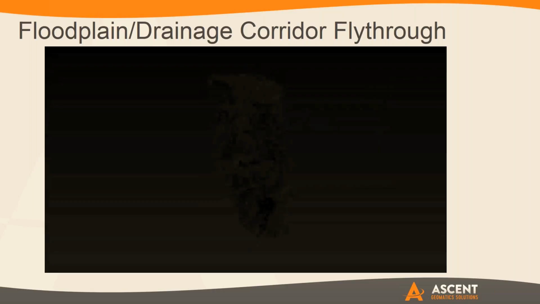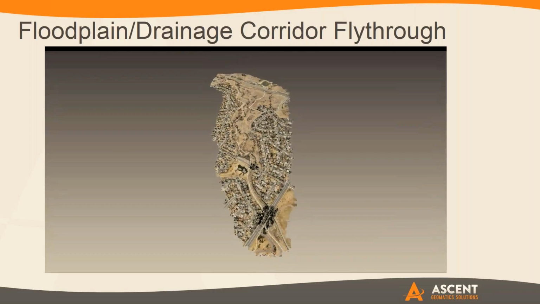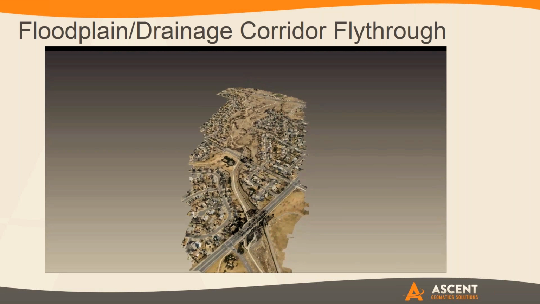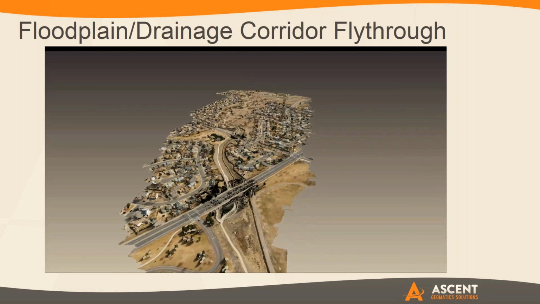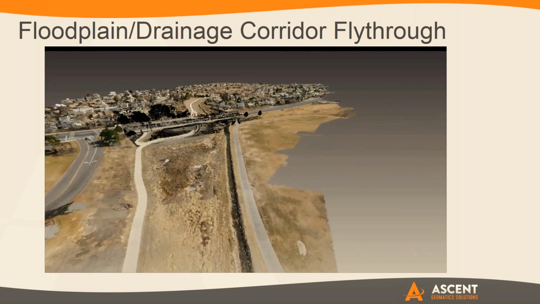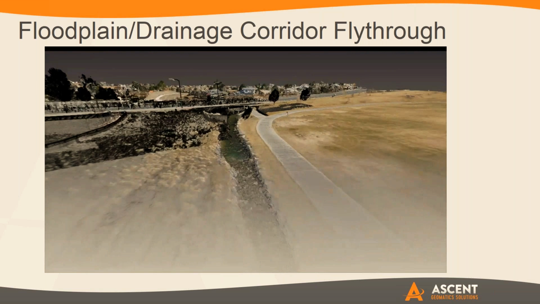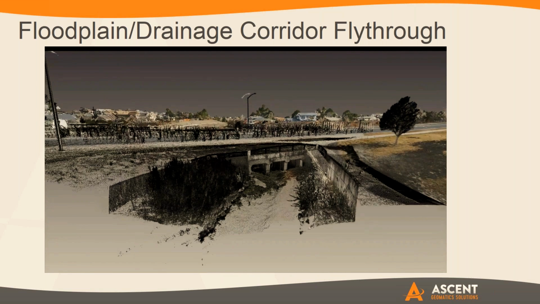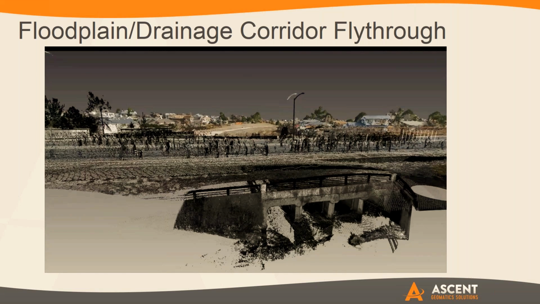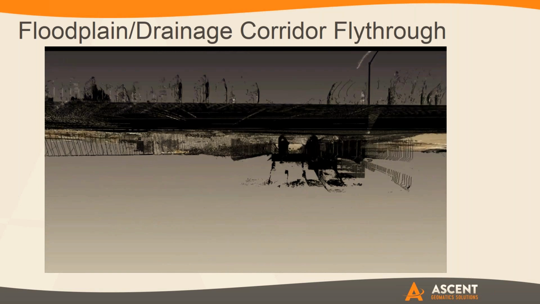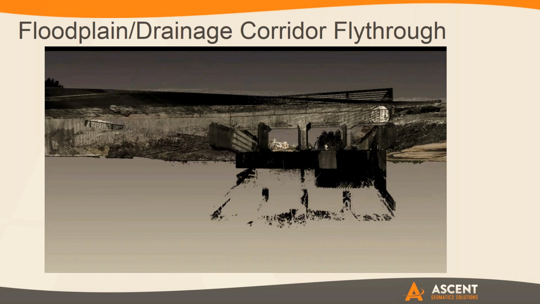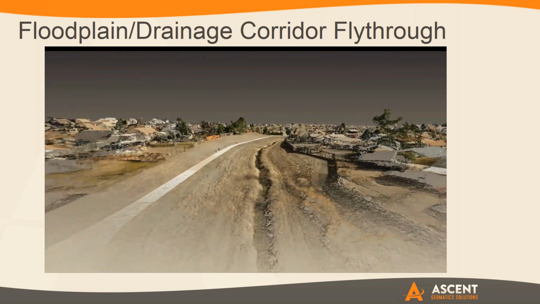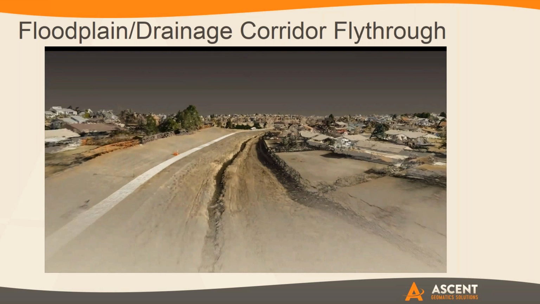So this is an example of more of a specific floodplain or drainage corridor. Again, as you can see, this is a point cloud, like we've been showing and talking about. And this is a combined approach as well, using photogrammetric as well as LiDAR data and looking at these different culverts as well as the surface. Yeah, absolutely. And in this instance, they were looking to redevelop the crossing. So they were going to redo the roadways in this project based upon the data we collected.